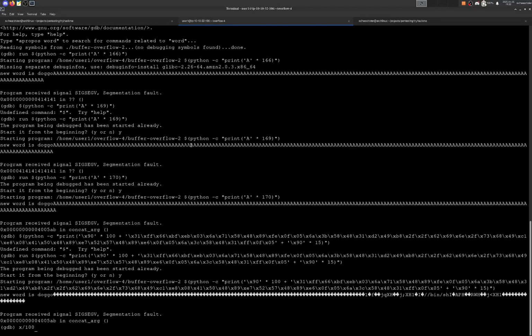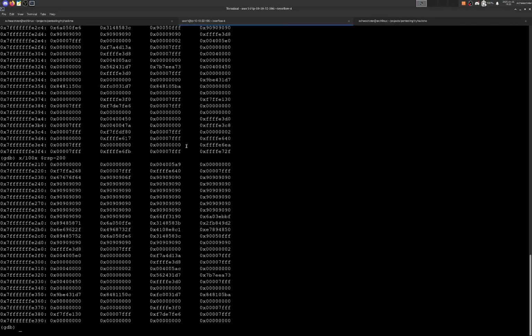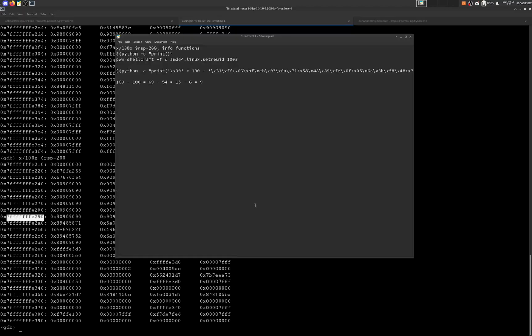Alright, let's examine the stack pointer. Just got minus 100. Alright, we're gonna do a little bit more than that. Minus 200. So we see our nop sled right here. So I'll just do it right here, where right when our nop sled is about to end, goes into our shellcode. And I'll just do it right there. That looks good, man. I mean, we'll see. I'm known for messing this up, so